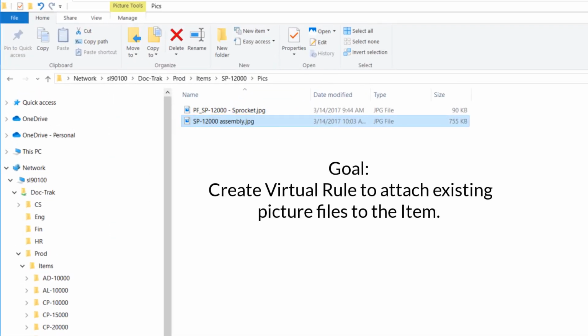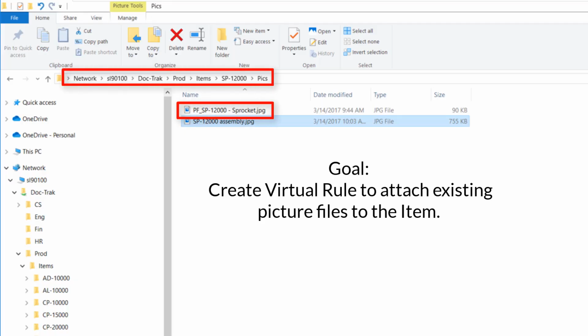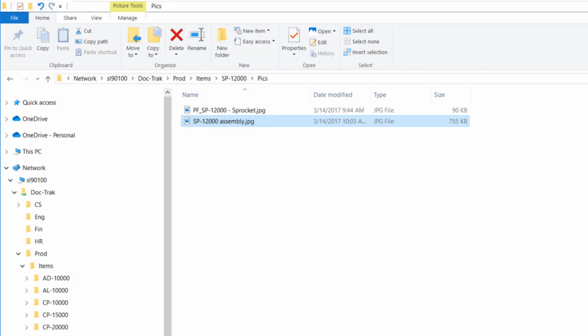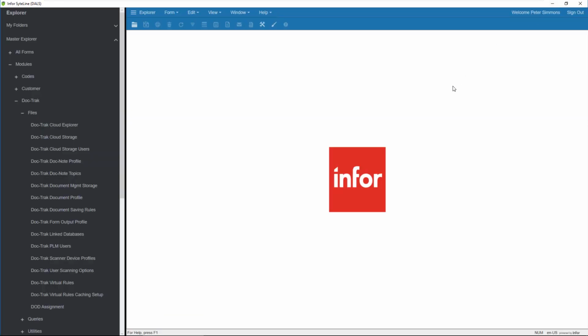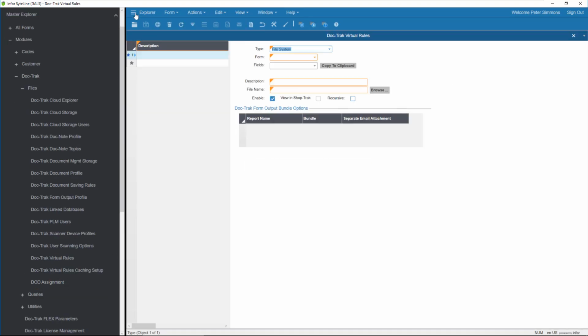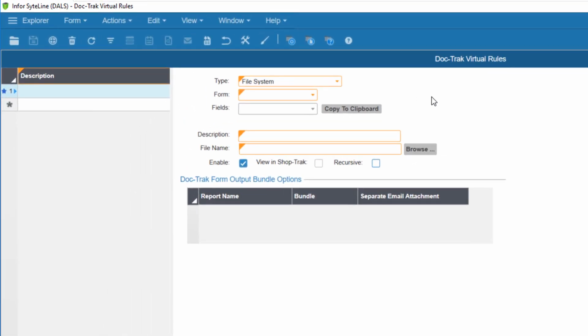Now, my job is to create a rule that DocTrack can use to follow our logic and attach the files. We'll start by opening the DocTrack Virtual Rules form. You'll find it in the DocTrack module in the Files folder. For the Type field, you'll find the same options we've seen before.